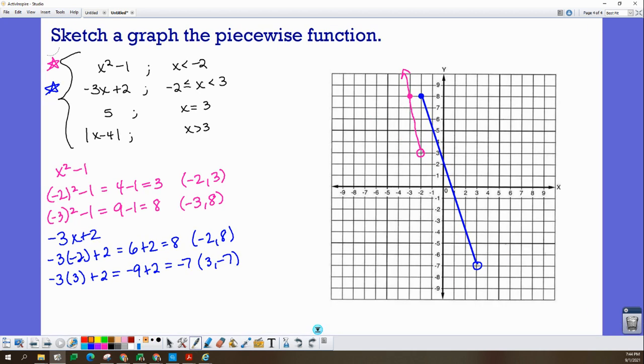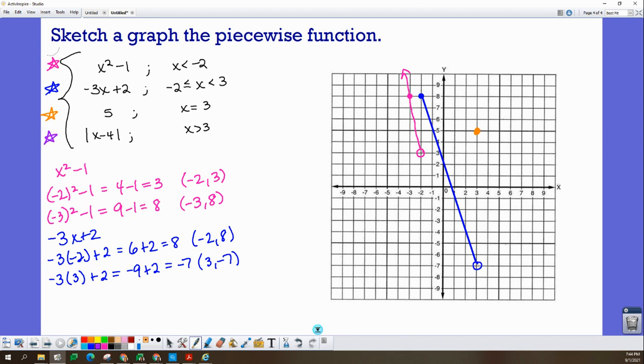All right. The next part. When x equals 3, the function will equal 5. So that's just going to be a point (3, 5), which we are going to include. So closed circle there. And then lastly,